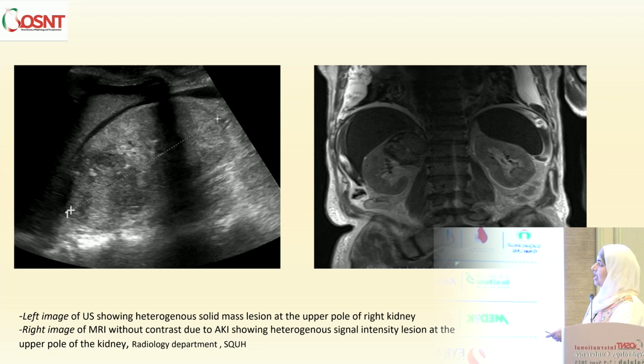You can see in the first slide, in the left image, there is a normal sized kidney with increased echogenicity, and there is a well-demarcated, heterogeneous mass related to the right upper pole. And further imaging by MRI shows the same mass, which is more